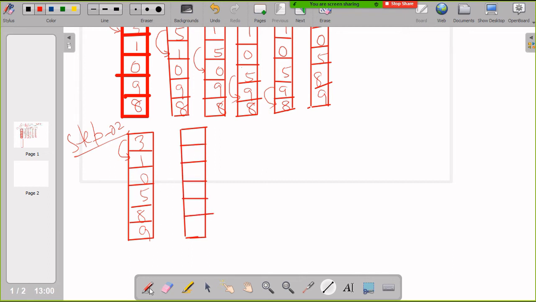So it will continue with 1, 3, 0, 5, 8, 9. Now there will be a comparison between 3 and 0, so the elements will become like this.